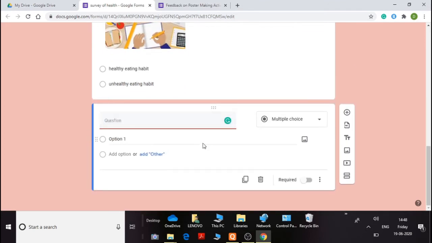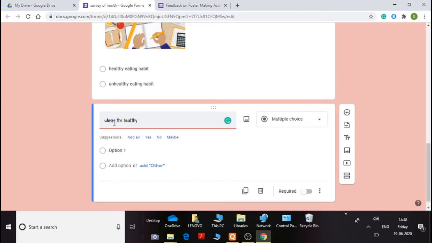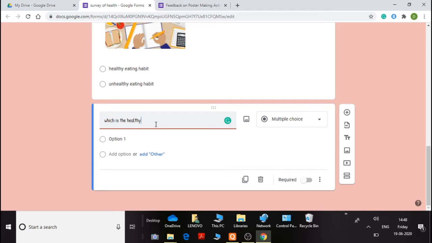We can also add images as answers. For example, let me have this question as, which is the healthy food option.